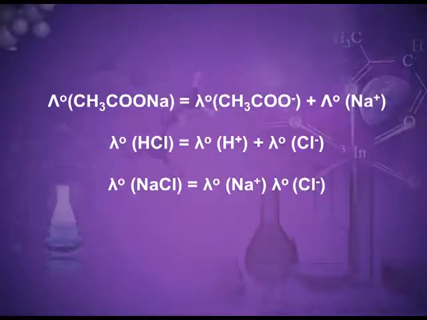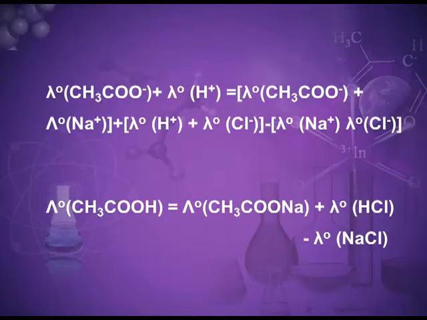Let's take an example. To find out the lambda m infinity, or the limiting molar conductivity, of acetic acid, I have to take the values from 3 strong electrolytes. These are sodium acetate, which has the contribution of acetate and sodium ions; hydrogen chloride, which is the contribution of the hydrogen and the chloride ions; and lambda m infinity for NaCl, which is the contribution of sodium ions and chloride ions. Simply by adding and subtracting the suitable values, we can find out the theoretical value of lambda m infinity